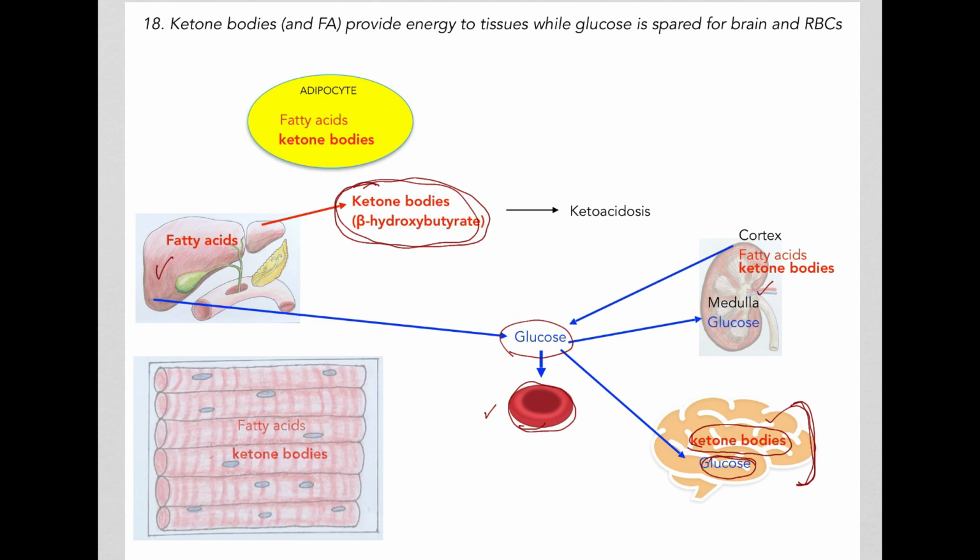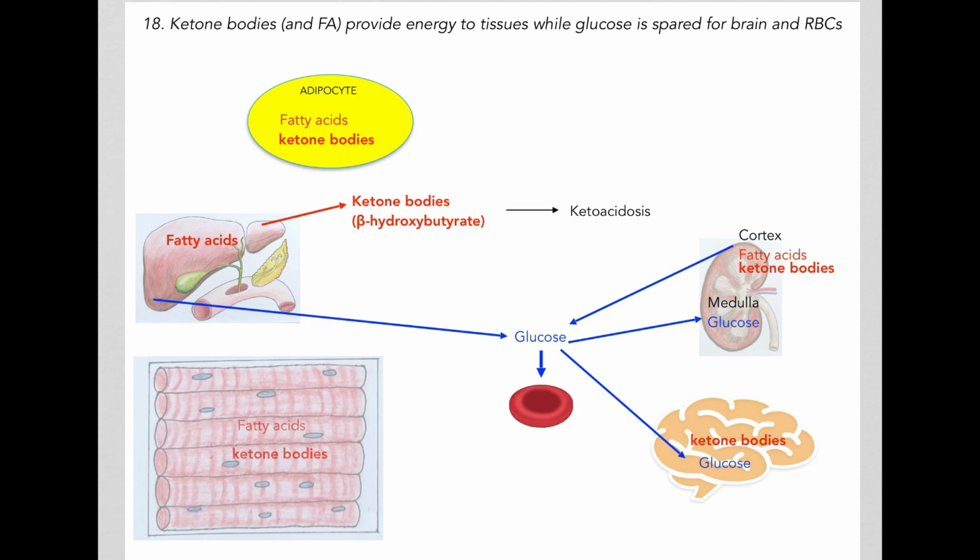One of the problems with accumulating ketone bodies is ketoacidosis. Although these ketone bodies are weak acids, when they are produced in very large amounts and our blood doesn't have enough buffering capacity, that can actually decrease the blood pH. This can be very dangerous because, as we shall discuss in future videos on acid-base balance, a sudden decrease in blood pH can lead to serious consequences, even death.